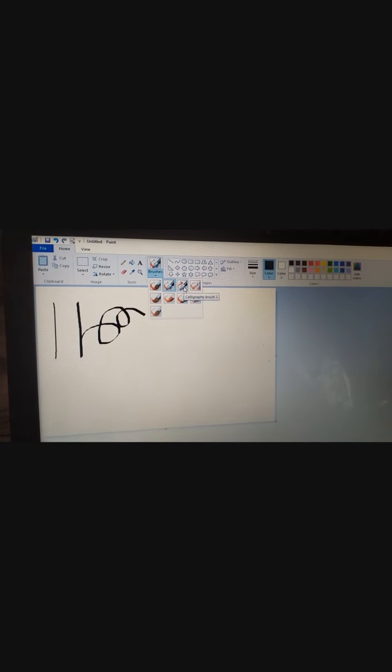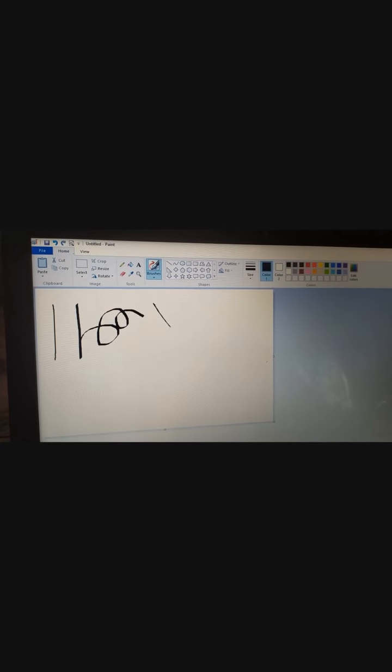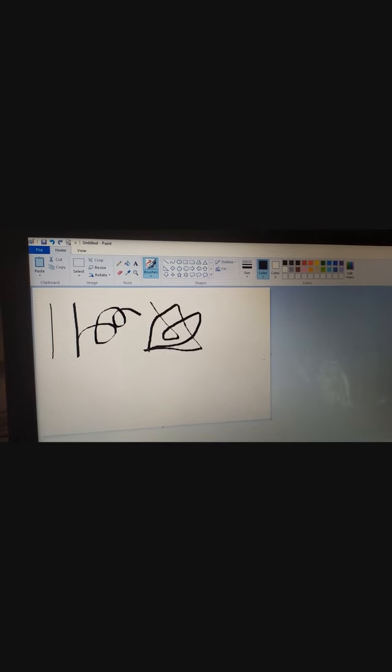Now, this one is the normal brush. This one is the calligraphy brush. Third one is the calligraphy brush, another type. See, this is another type of calligraphy brush.